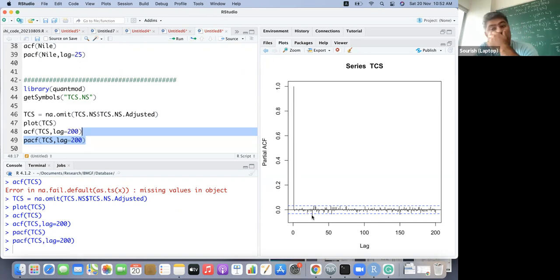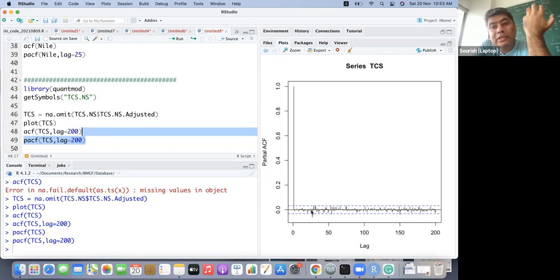And this is what it tells us. Obviously, the correlation with itself will be near 1. But other than that, there is no correlation.